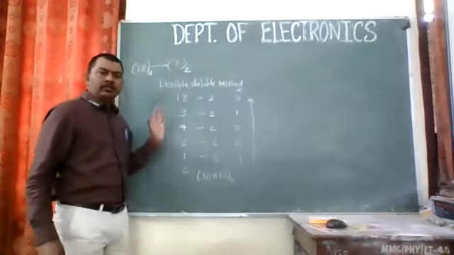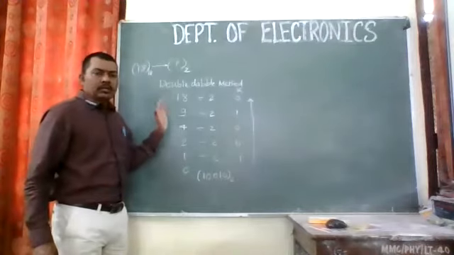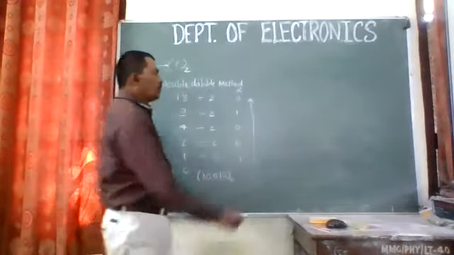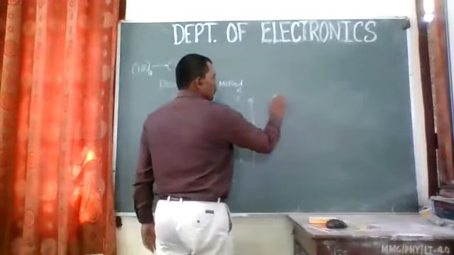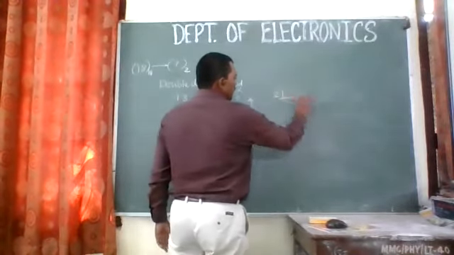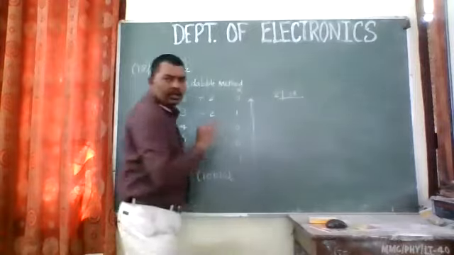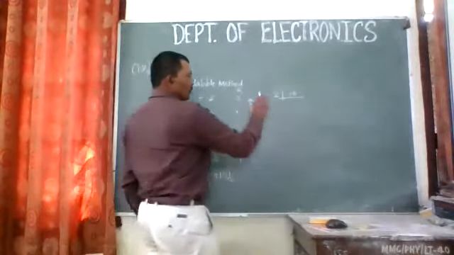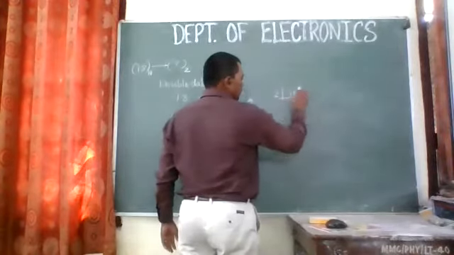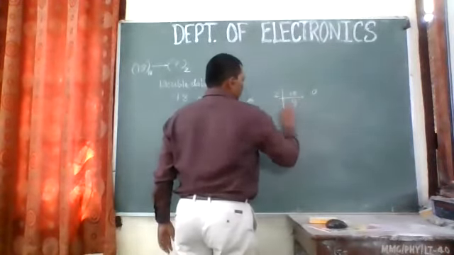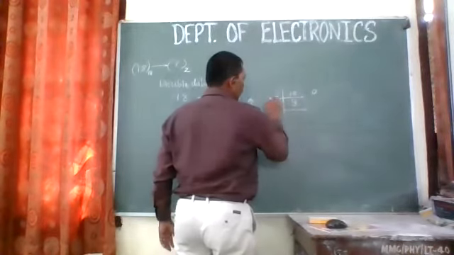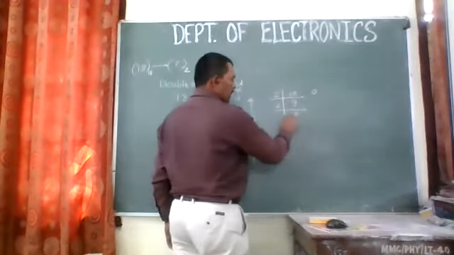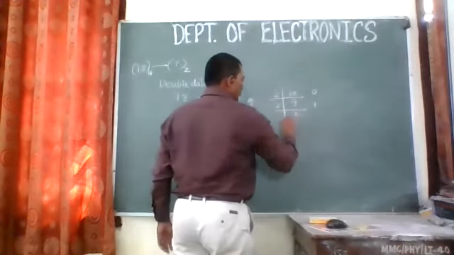So this is the method. This method is called the double method. We have another way to write this. We write 2 divided into 18, and store the remainders on the right hand side. 2 nines are 18, the remainder is 0. Again divided by 2 like this: 2 fours are 8, remainder is 1.